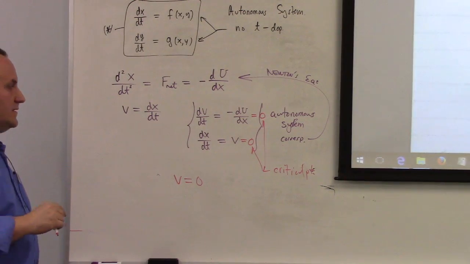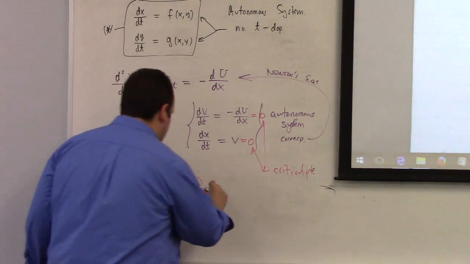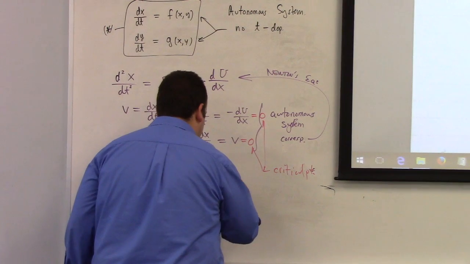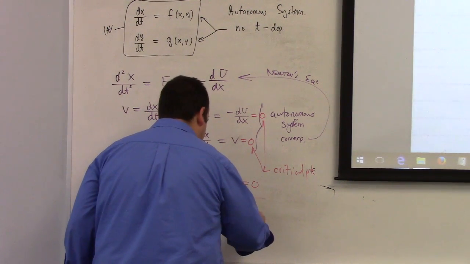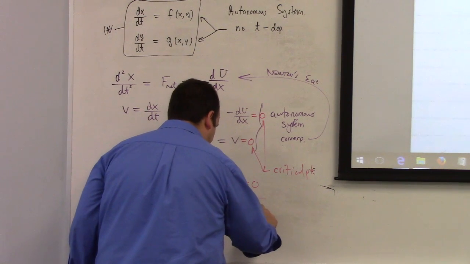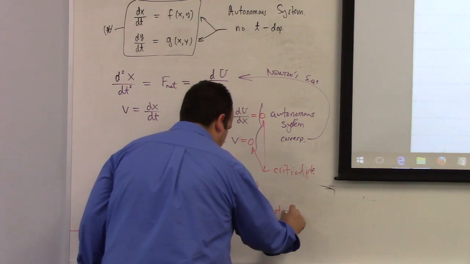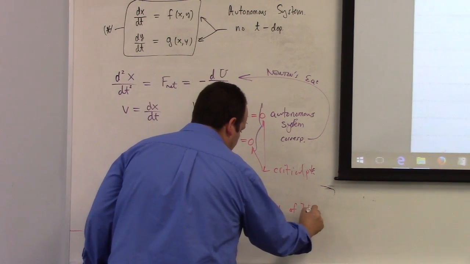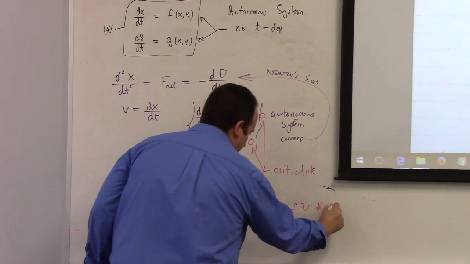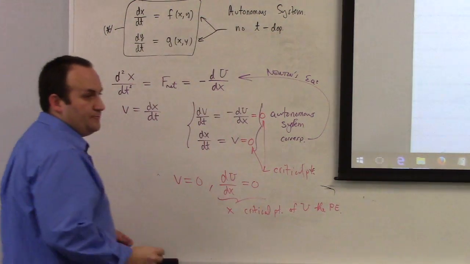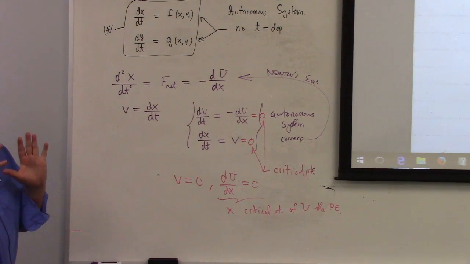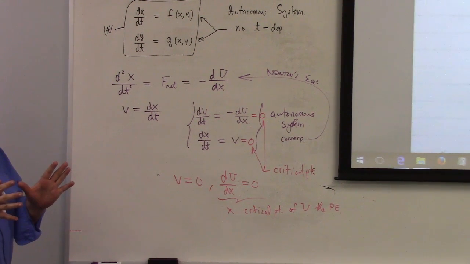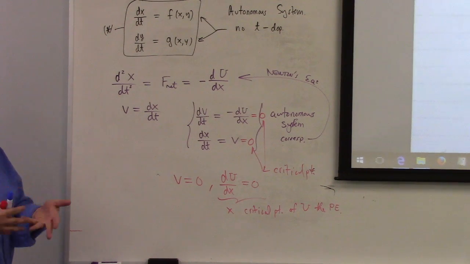And also, dU dx has to be 0. What does that say? In other words, x is critical for what? x is a critical point of U, the potential energy. So what this means is if you draw the potential energy plot for the system, from the potential energy plot,